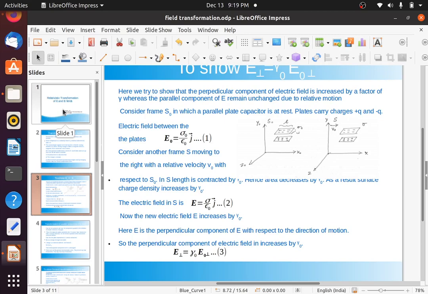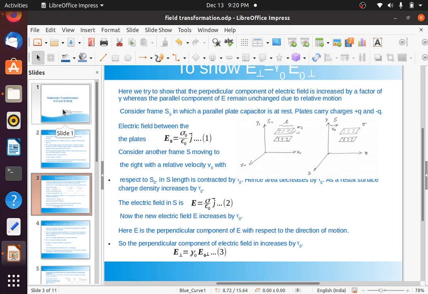In order to consider the transformation of electric field, we consider two frames, S0 and S. If we have to consider the magnetic field also, we have to consider another frame, which we will consider later. So here, in the two frames we will observe two different electric fields, and we will see